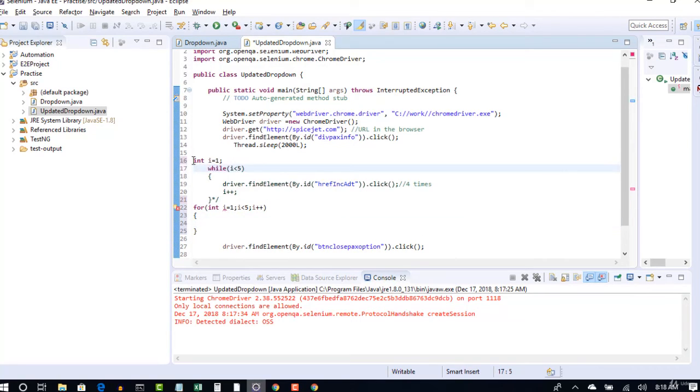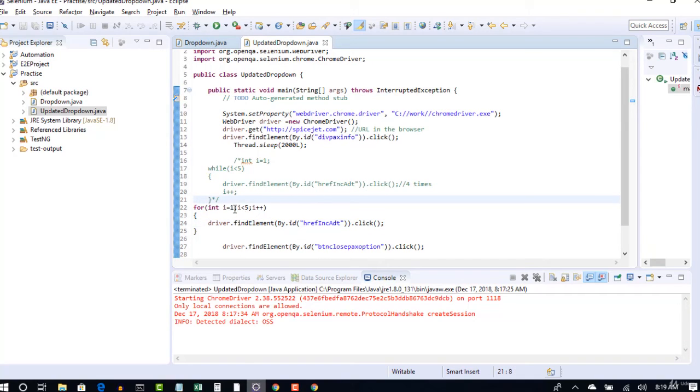Comment this as well. The only difference between for and while loop is, instead of writing that in pieces, you write everything in one single line. You see that here you wrote i equals 1, i less than 5, i plus plus. Instead of writing that in separate steps, you wrap everything in one place. That's the only difference between for and while.